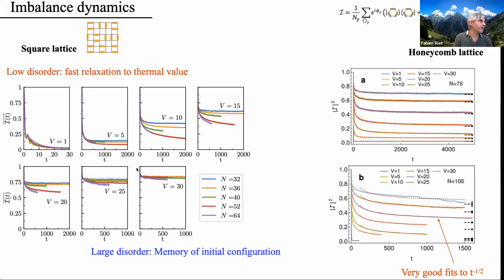But what I would like to emphasize is that at large disorder, for fairly large systems, 64, 108, we don't see any signal of things going to 0. The imbalance is not thermal even after 1,000 plaquette flips or something like that, which is even better seen on the honeycomb lattice. Actually, we have a fit to a power law decay here, from which we extract the infinite time value on these lattice sizes. This is not, again, a proof of full localization on an infinitely large system, but it shows that,